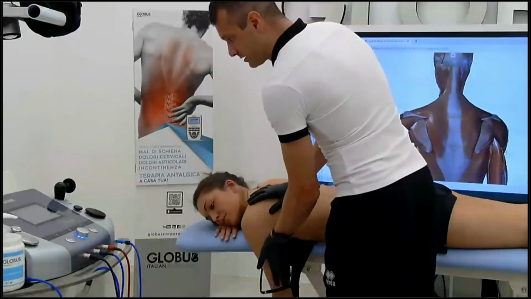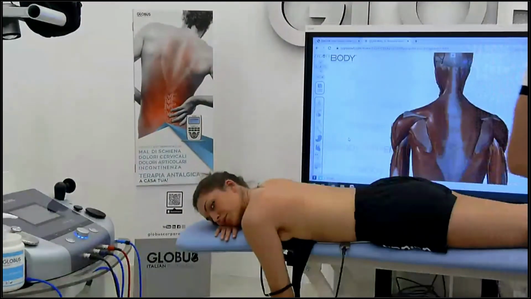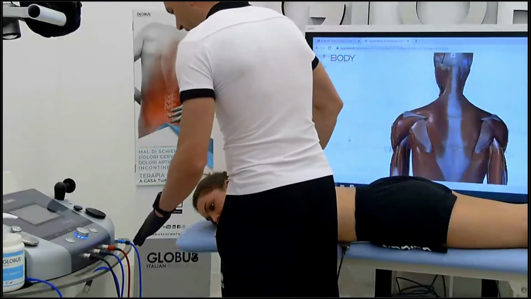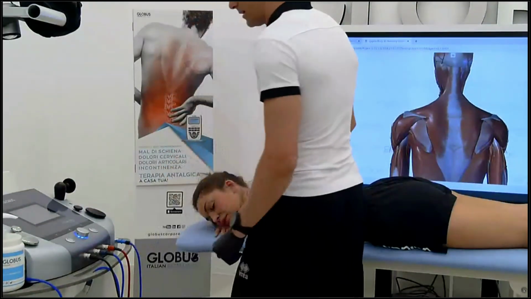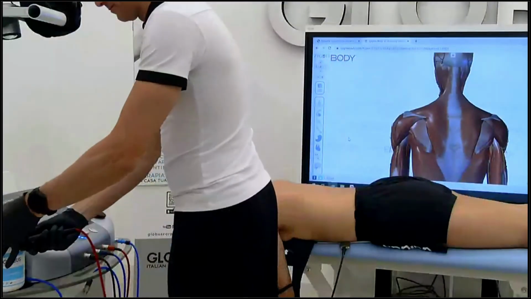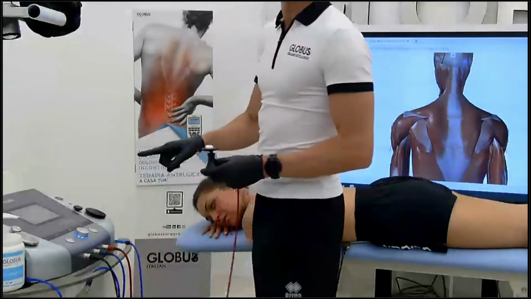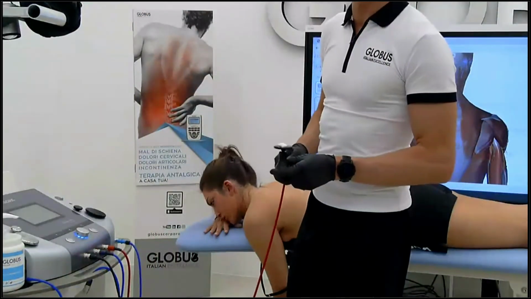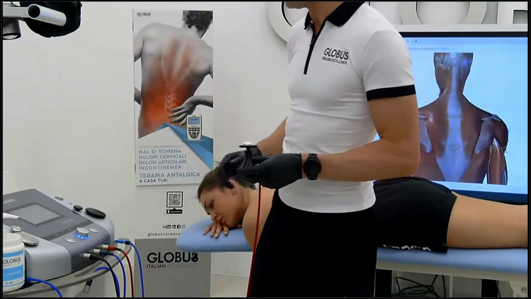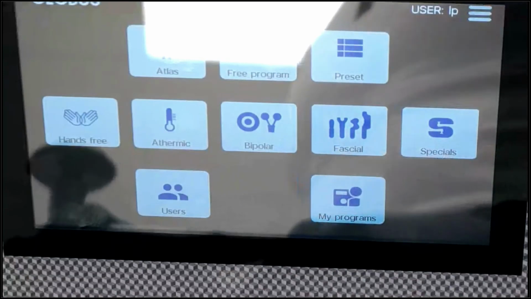So I can use the DIA blade large or the DIA blade small. I show you just a couple of techniques, okay? So very easy, we prepare the area with a capacitive. Maybe I can show you just a few seconds. Can you zoom on the machine, guys? Just for a quick understanding.